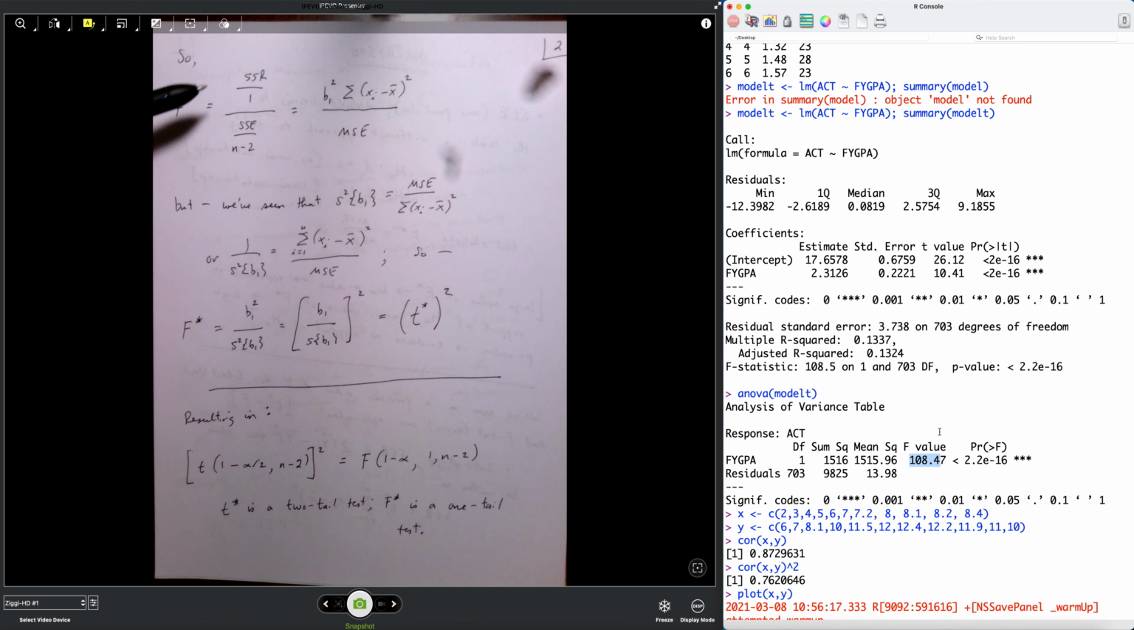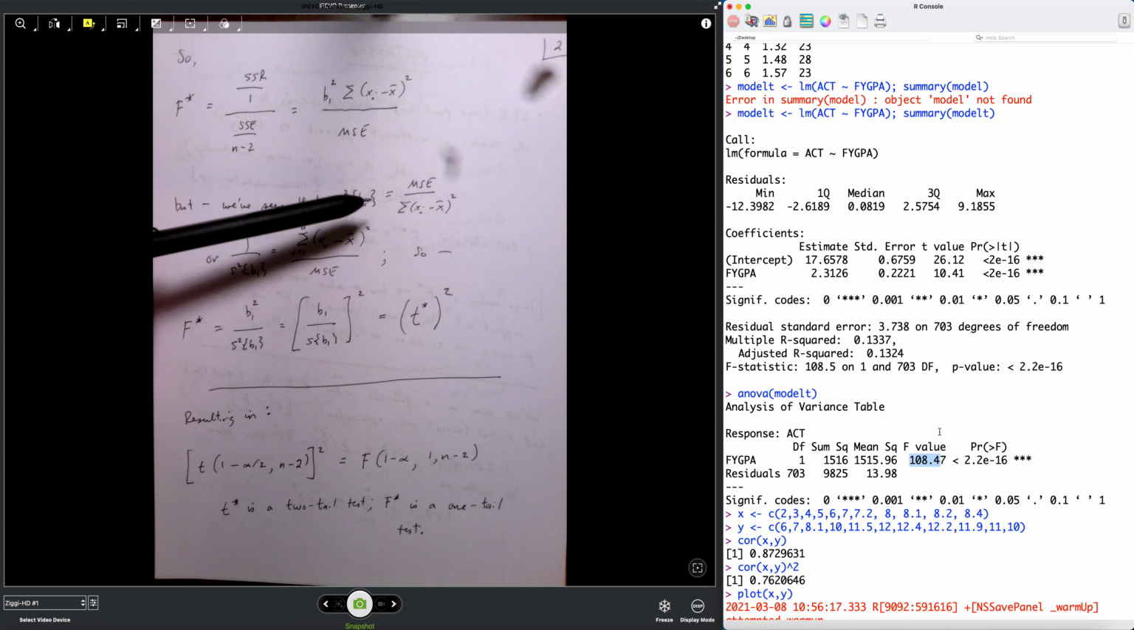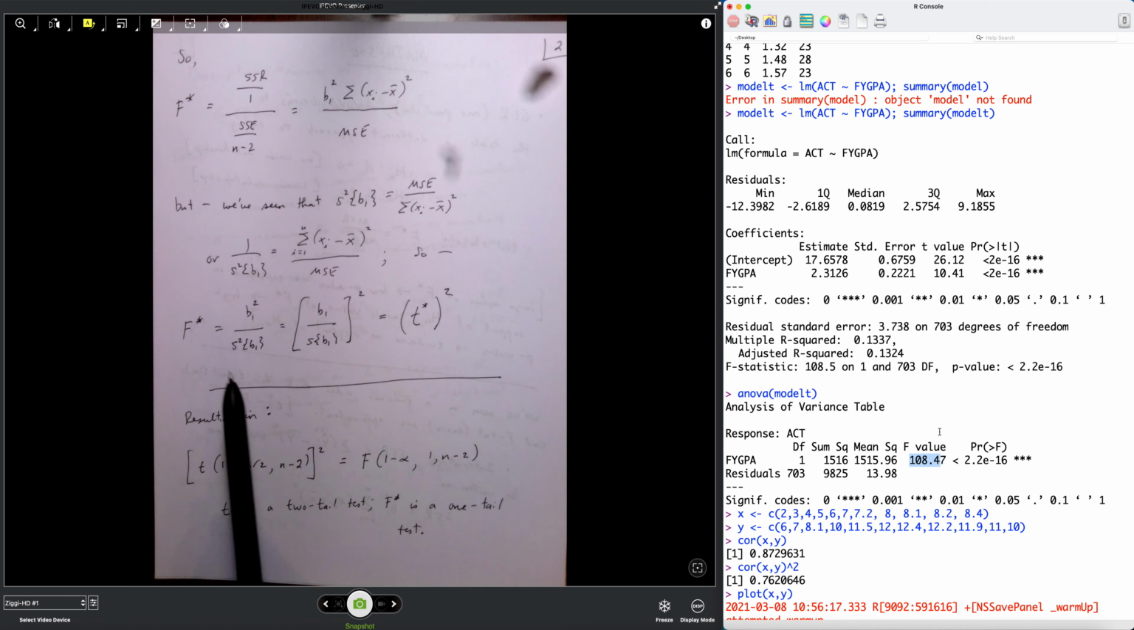So if we look at F star, it's the mean square regression over the mean square error. And now knowing that we can rewrite the sum of squares regression using this form, we have that form divided by the mean square error. But previously we've seen that the variance of b1 is equal to the mean square error divided by the sum of the deviations squared for x. Or we can see equivalently, just flip those, giving us that F star is b1 squared